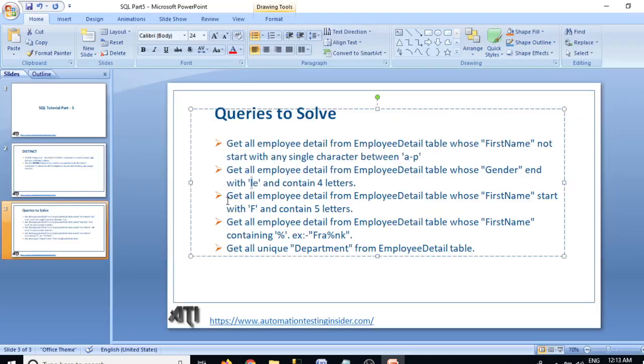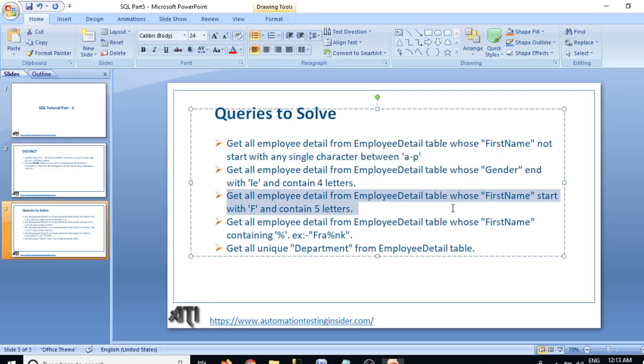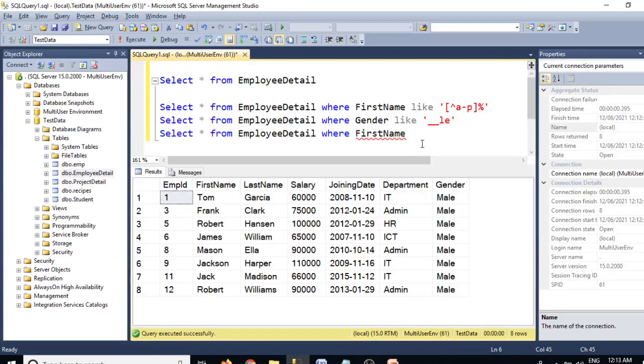What is the next? Get all employee detail from employee detail table whose first name starts with F and contains 5 letters. Simply I'll copy like this. So how do we write?